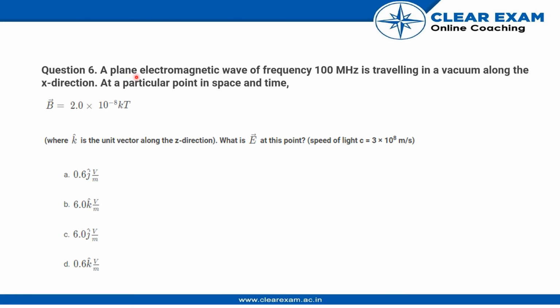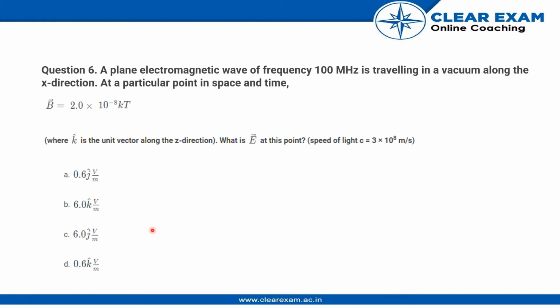Question says a plane electromagnetic wave of frequency 100 MHz is traveling in a vacuum along the x direction. At a particular point in space and time, the magnetic field vector is equal to 2 × 10^-8 k̂, where k̂ is the unit vector along the z direction. What is the E vector at this point? And it is given to us that the speed of light c is equal to 3 × 10^8